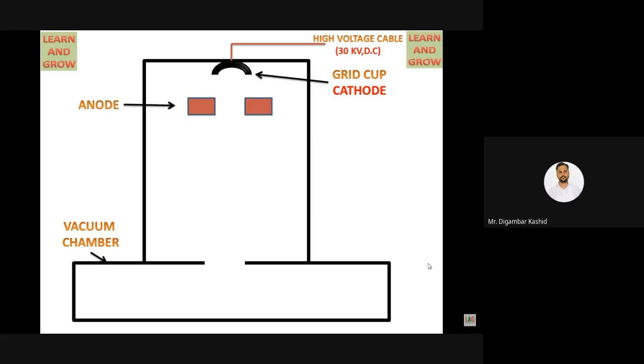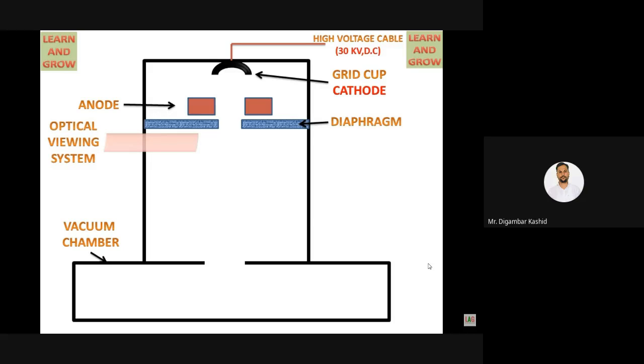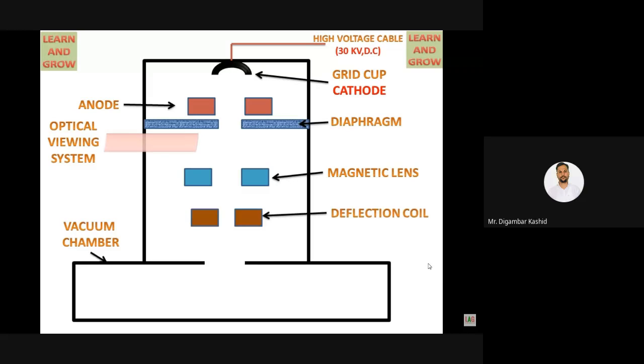That means the high voltage lead. Okay, then we have the anode. Okay, circuit will come. Then diaphragm. Then optical wave system. That diaphragm is whatever I will give the expression in that your wall coil. Okay, the magnetic lens and deflection coil, vacuum chamber and workpiece. Okay, now see how the